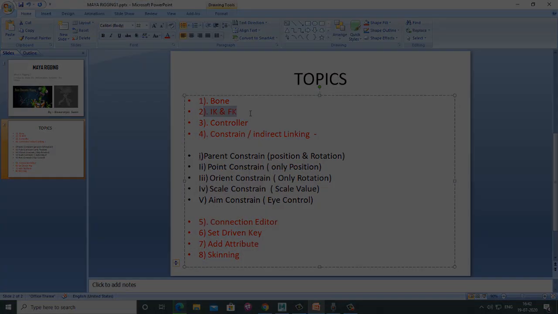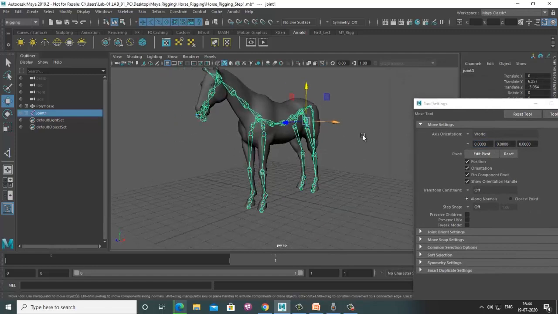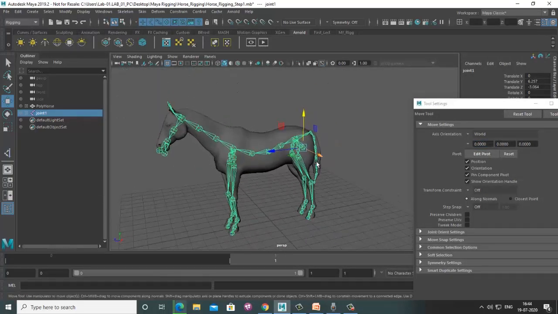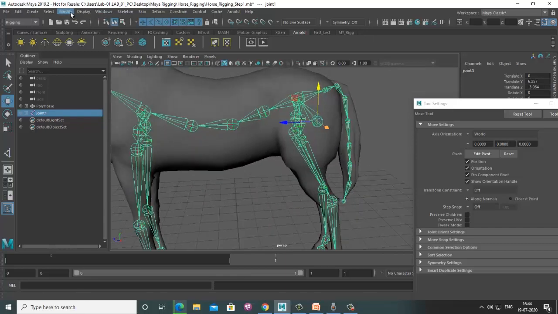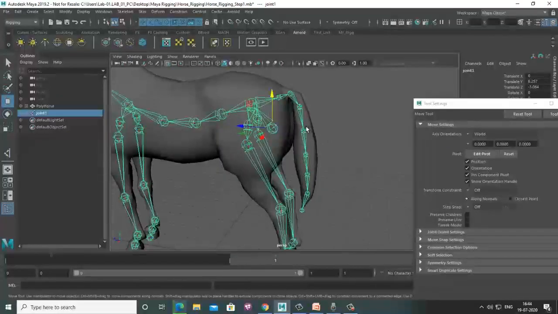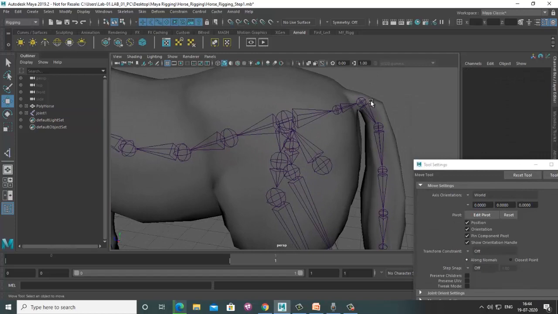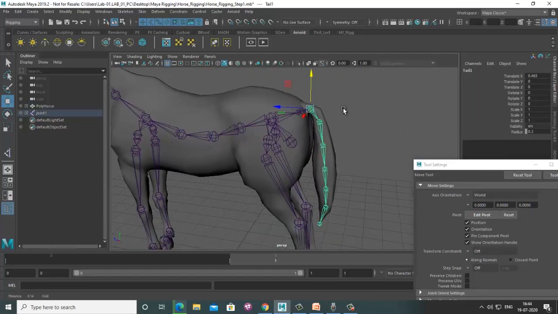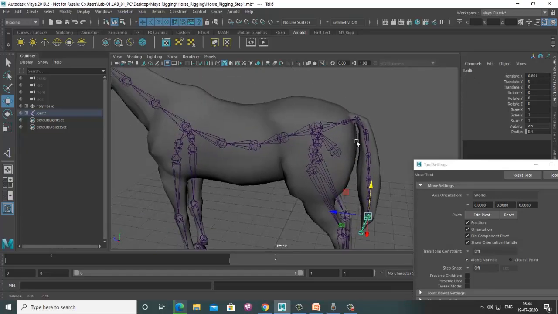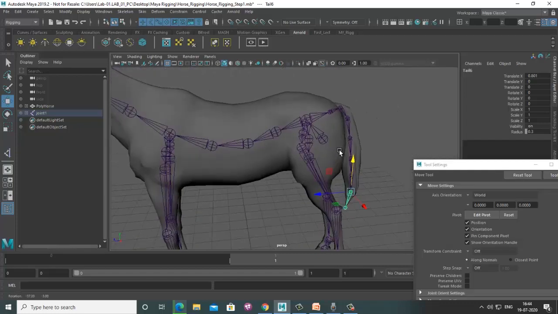So let's go. Before we start putting the IK and FK, first of all freeze the entire thing. Just click the freeze transform. Then again we put the naming, like say joint. This is very useful for the rigging part. So I'll name them tail 1, tail 2, tail 3. Like that you put the naming as per your requirement. So for the bone setup you put the specific name.